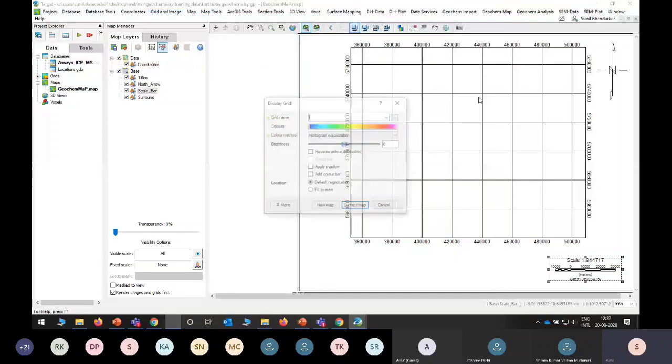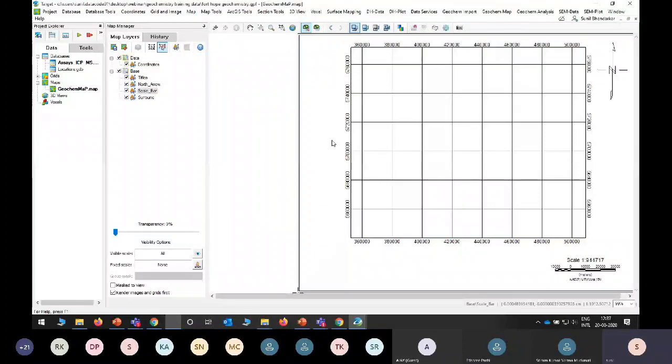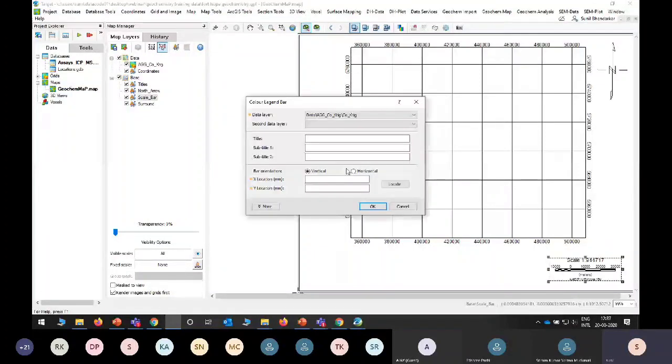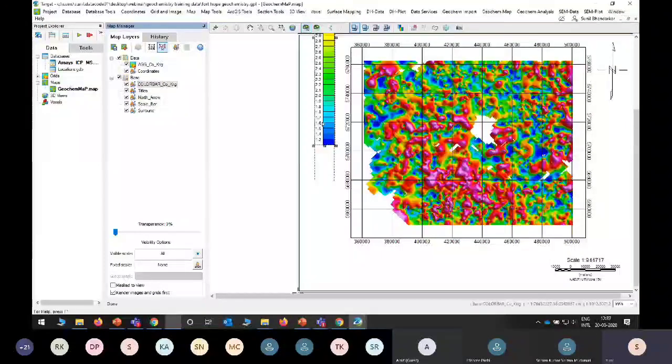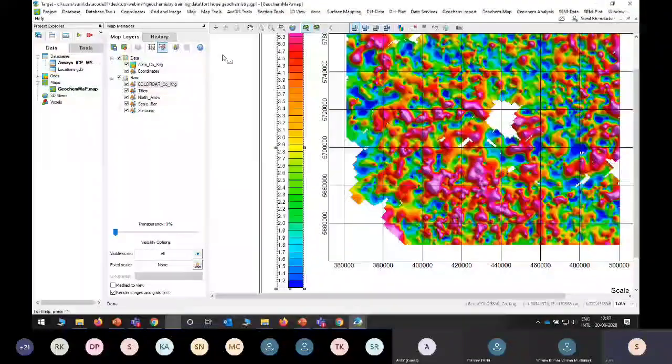Need to select that cobalt, shadow, color, current map. It will ask for the location, so locate here. Now you can see this is the cobalt map, and these are the values of cobalt basically from 1.2 to 7. This is how, by using cut tools, you can pick up the anomalous zone, and on that basis you can create an anomalous map.